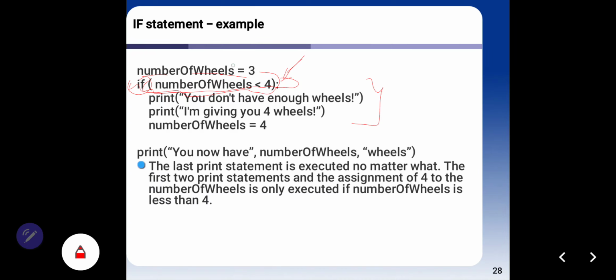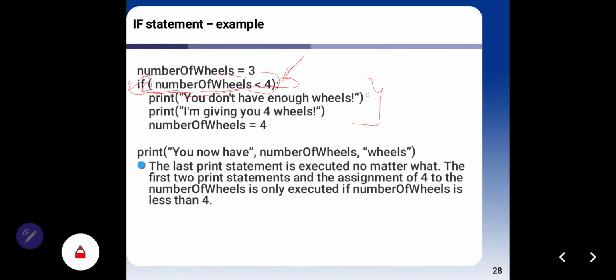If this Boolean statement is true, the result of this code is print you don't have enough wheels, and also print I'm giving you 4 wheels.